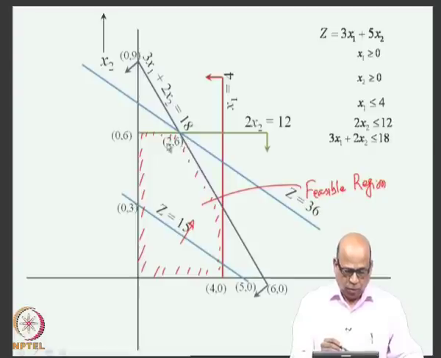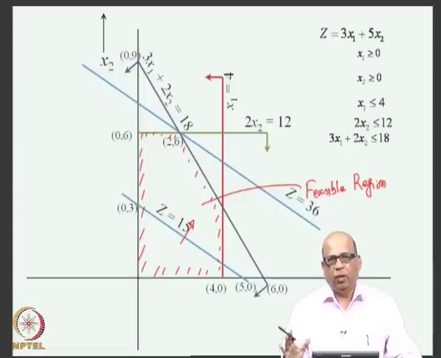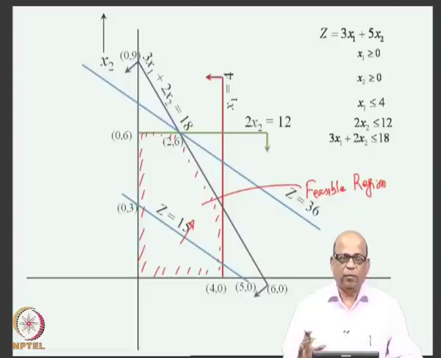So, you obtain the point (2, 6) and you got the associated value of z equal to 36. Verify that 3 x1 plus 5 x2, with x1 equal to 2 and x2 equal to 6, in fact leads to z equal to 36. So, this is how we solve a problem with the graphical method. Identify the feasible region, look at the z line and then identify the point at which the optimal solution occurs.